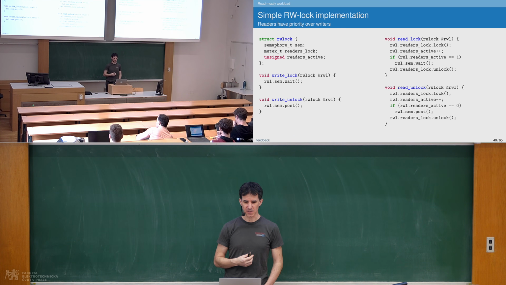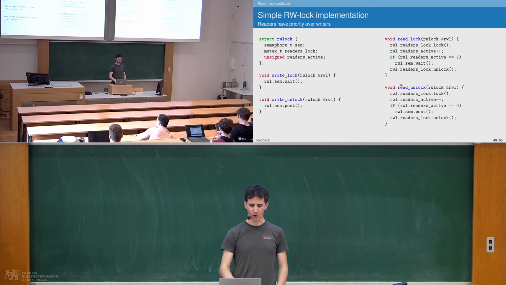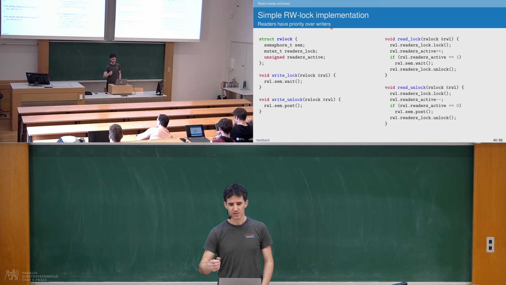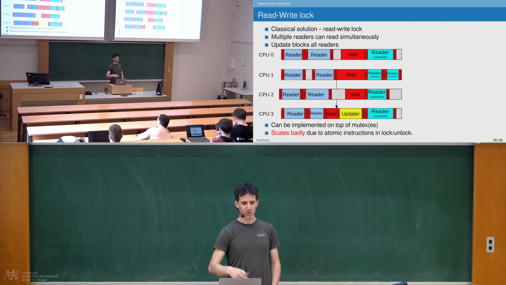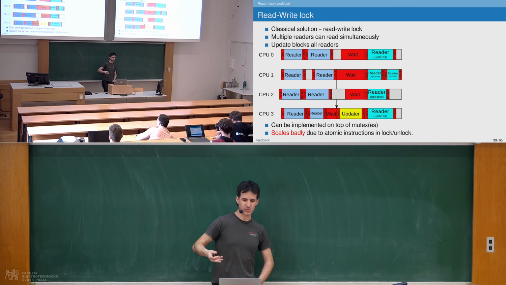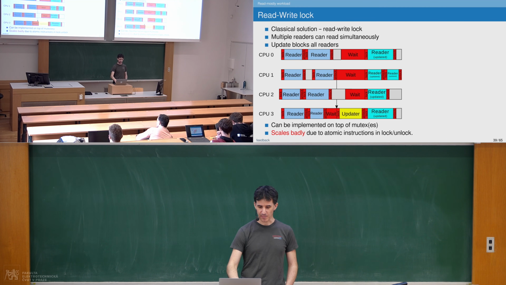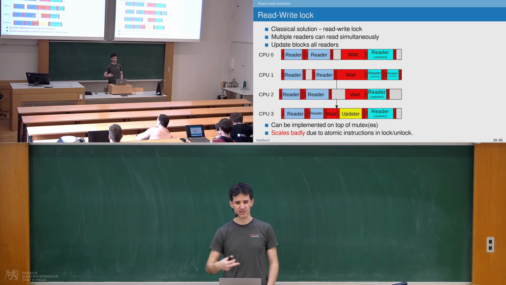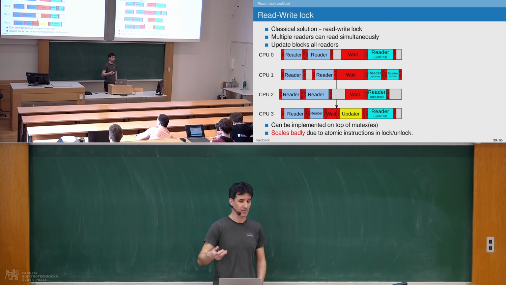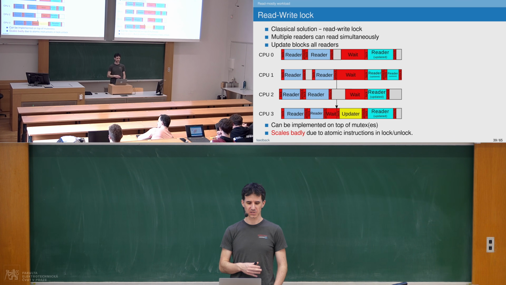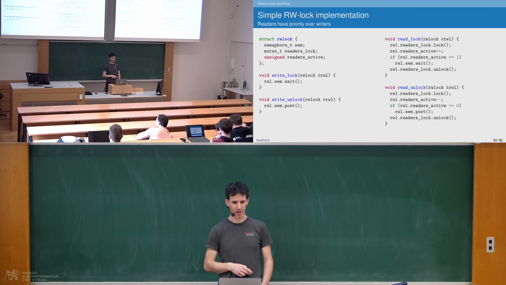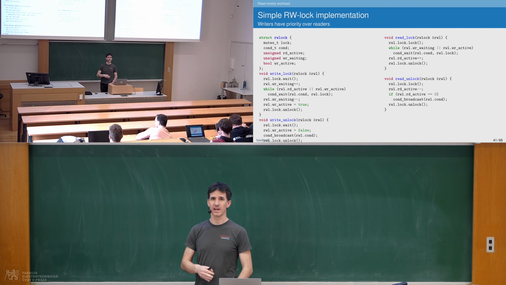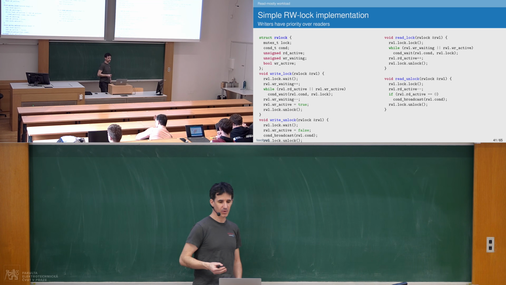So this is a very simple implementation in terms of lines of code. It has one problem: readers have priority over writers. So if you have situations like this, that you have multiple CPUs, all CPUs are just reading, then with multiple writers, it can happen that the updater will never get to the update because there will always be some reader, and because here readers have priority, the updater will just wait indefinitely, not being able to update. For that reason, you can have a different implementation of read-write lock,